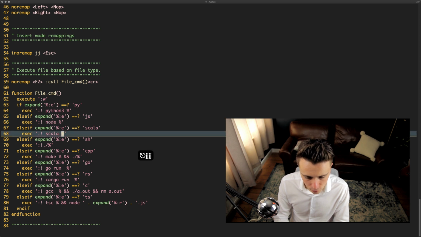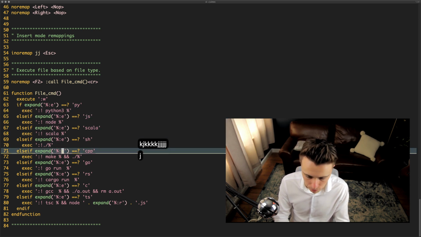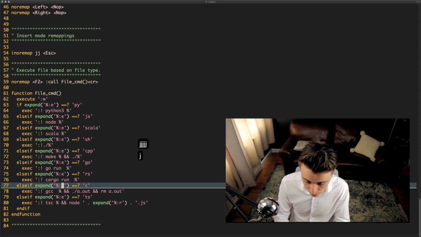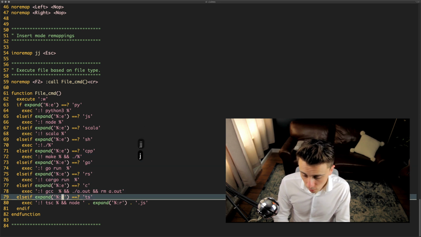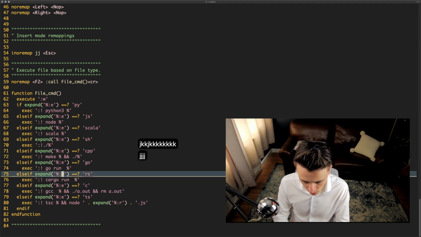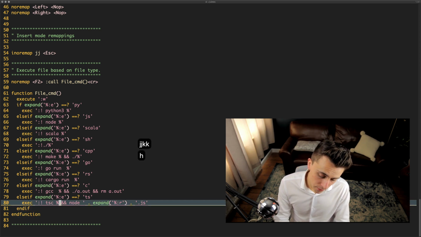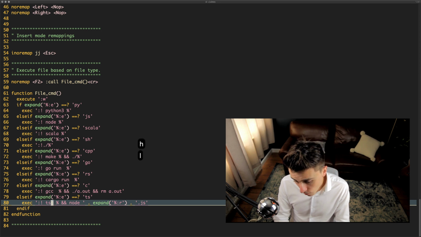And it's a similar thing for some other languages as well. I've got Scala, JavaScript, Shell, C++, Go, Rust, C, TypeScript as well. TypeScript is slightly different. TypeScript is like C and C++ here, in that we have to actually transform the file before we do anything with it. So in this case, we do a TypeScript compile of the file, then we run node on the new file,